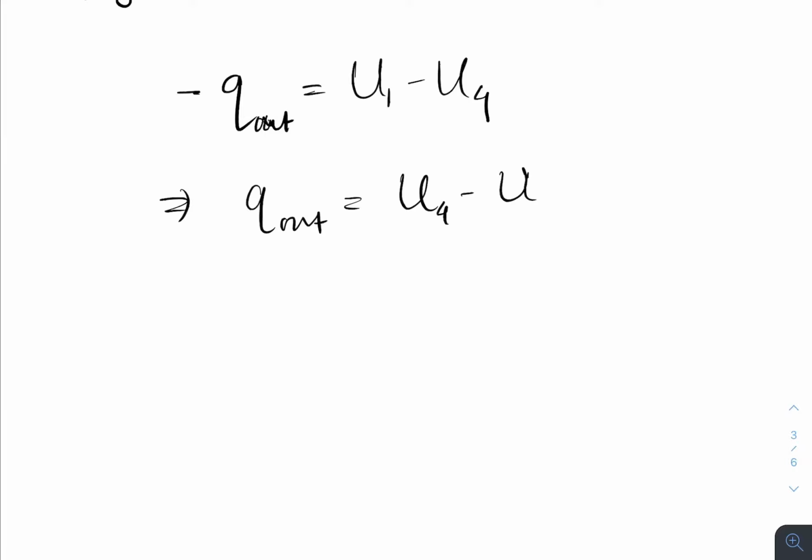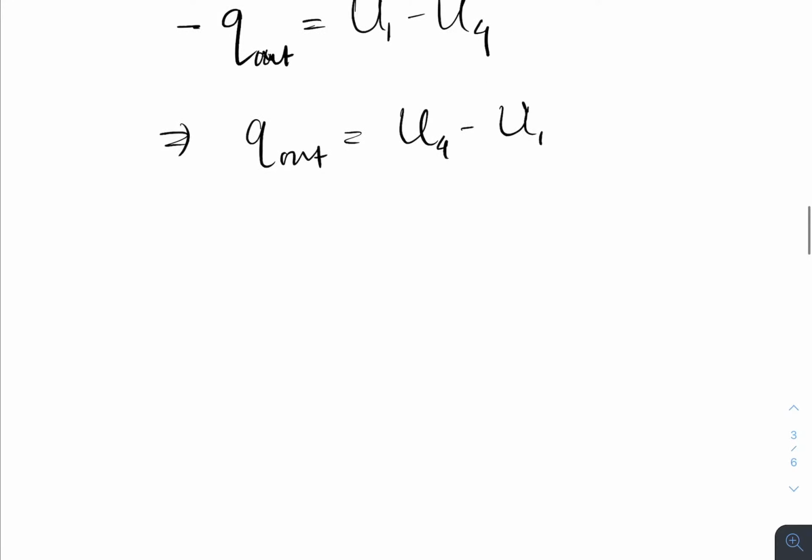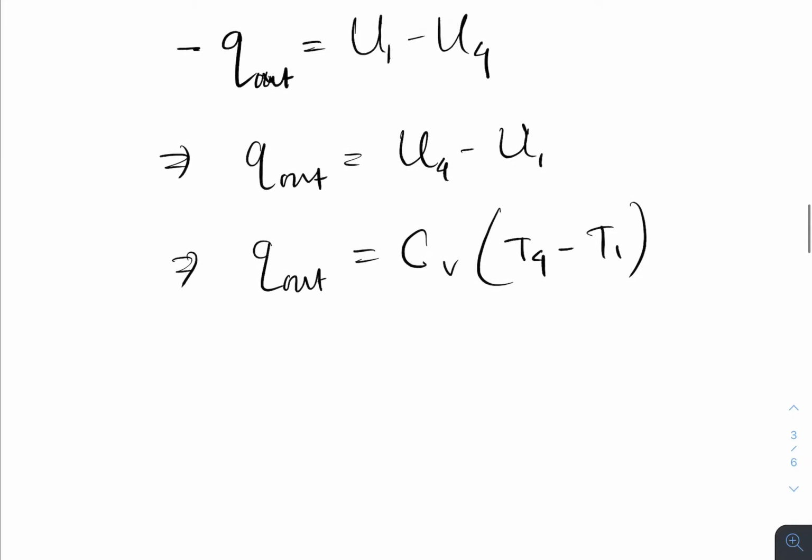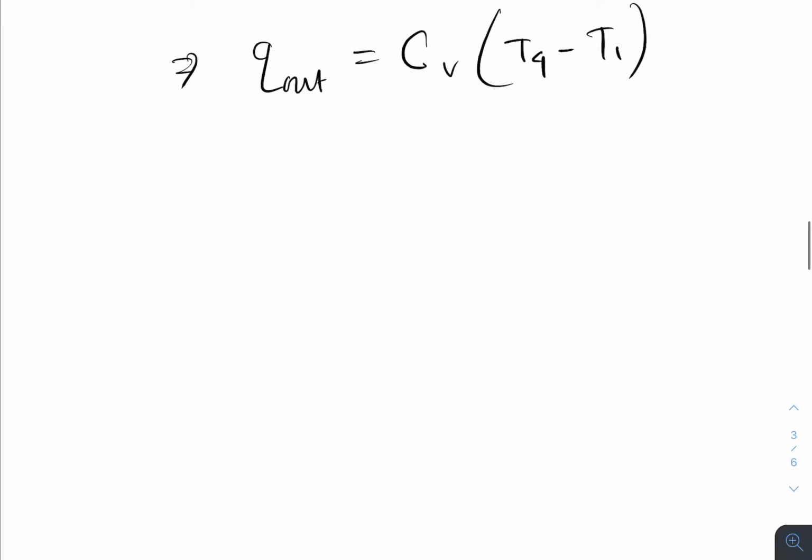So basically we can write Q out equals U4 minus U1, which is Cv times T4 minus T1, because heat rejection is happening at constant volume. So now we know the Q in and Q out, right? So by the definition of efficiency, we know the diesel cycle efficiency,